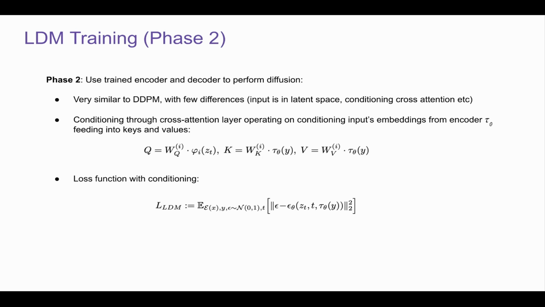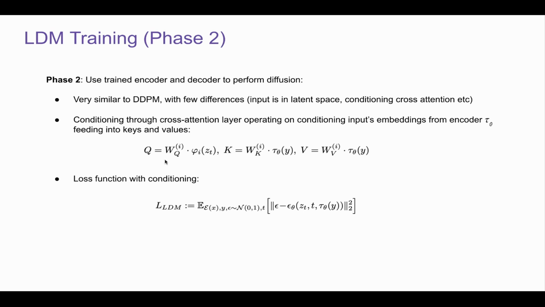Phase 2 is very similar to a regular diffusion. It uses the trained encoder and decoder to perform diffusion. It's very similar to DDPM with only a few differences, like the input is in the latent space and it has the conditioning cross-attention. Conditioning through a cross-attention layer operates on the condition input embeddings from encoder tau theta, feeding into keys and